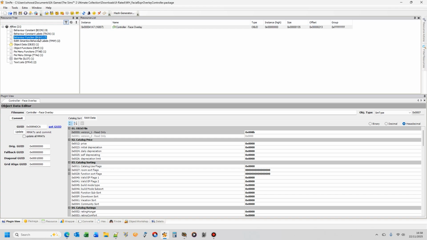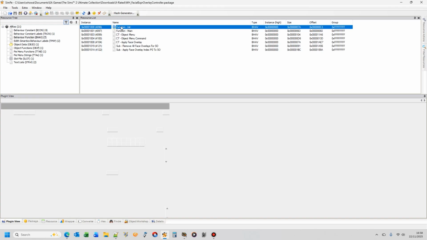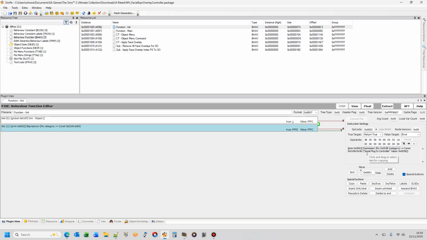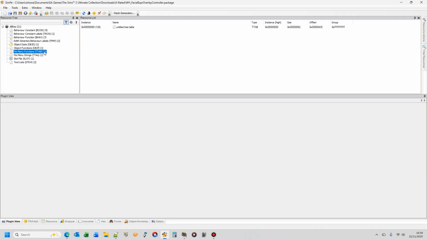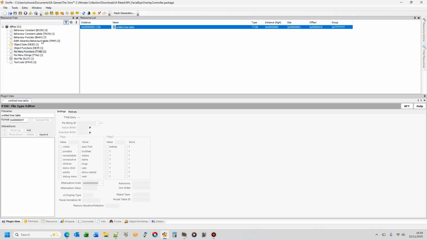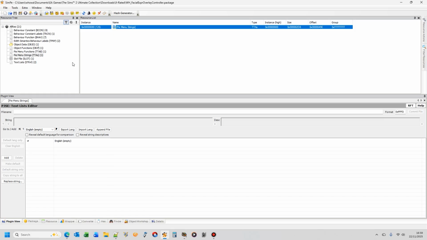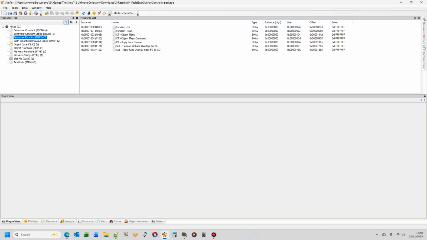As I said right at the beginning, it's being put in the correct category of social plugin controller, and this is how the game knows to run these objects to generate dynamic menus when you click on a sim. While it has a TTAB and a TTS resource, they're empty because all the magic is done in these two specially named BHAVs: CT object menu,